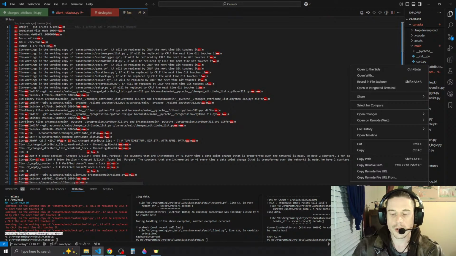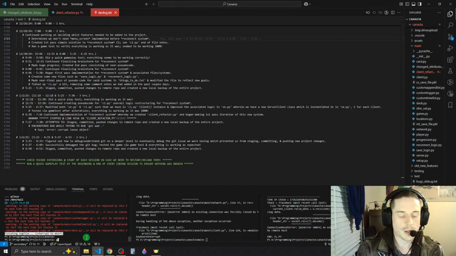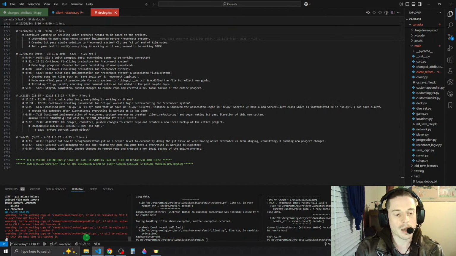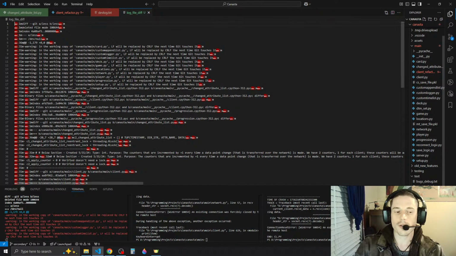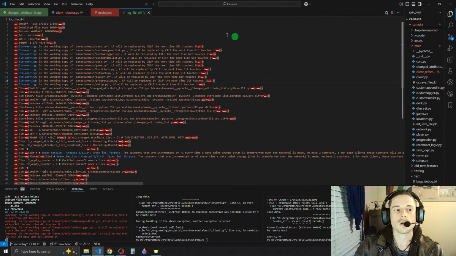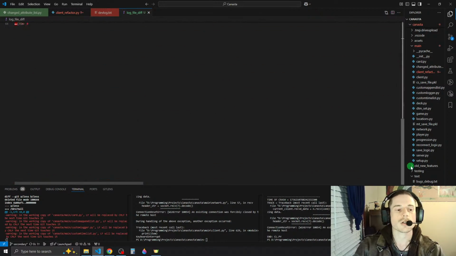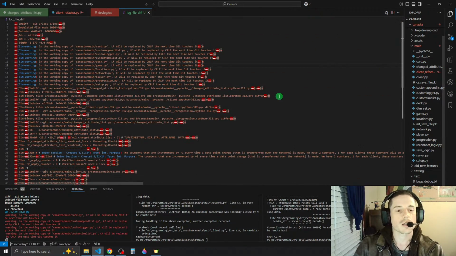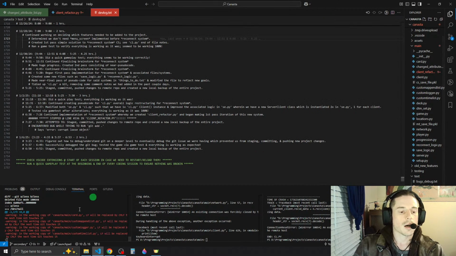So if you do git diff and then hit S and then type in log file diff, it's gonna create this new log file diff which has all of the changes, baby. So now we can delete that because we don't need it.